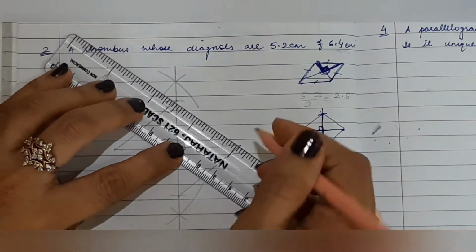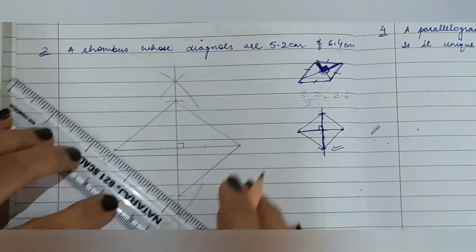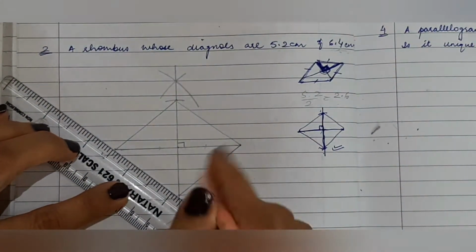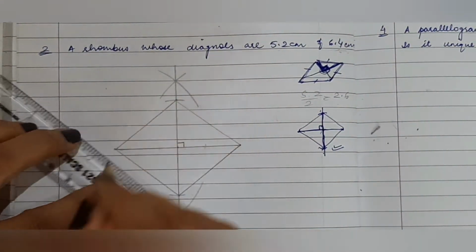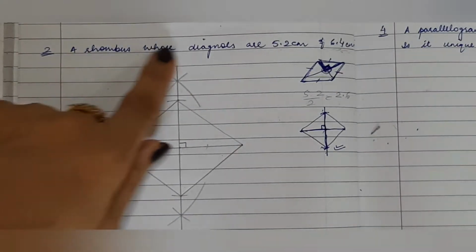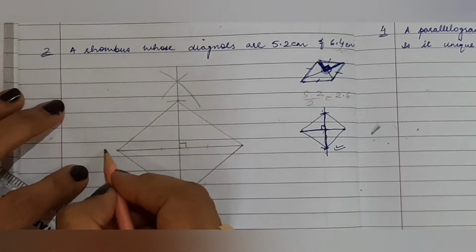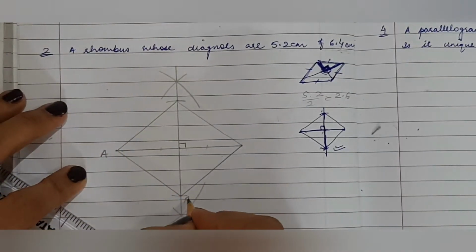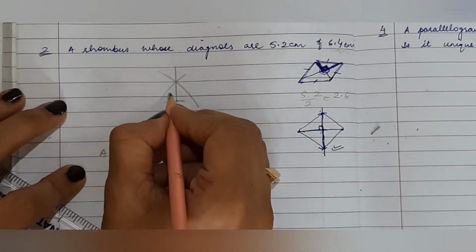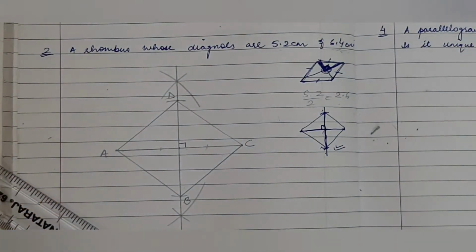Remember, if in the question you are not given the names of the required figure, you have to name them compulsorily. Suppose in this question nothing is given, so you have to write names of your choice. Don't forget to write them, otherwise you will get your marks deducted.